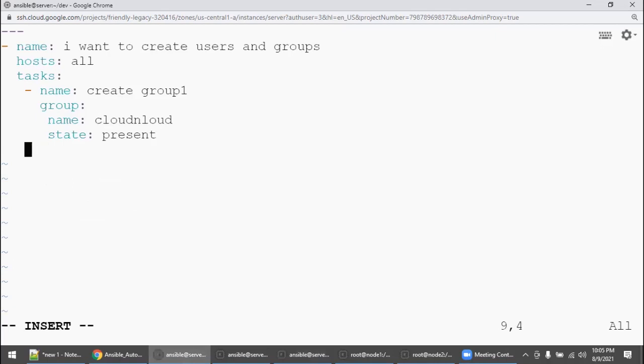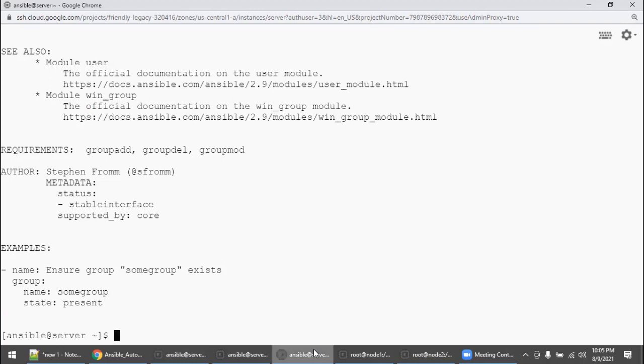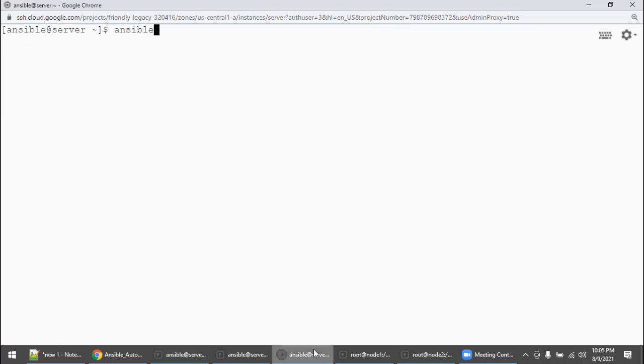After this group, I want to create a user. Again, you see the difference; I'm starting with the exact same intent. The second task: create users, right? I don't know anything, I'm a zero. So go to the third window, come out of this module, go here, ansible-doc, say user.